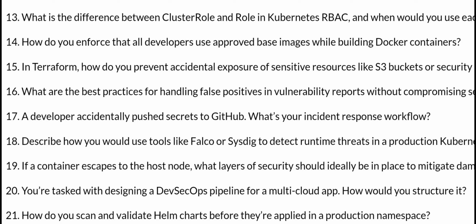Okay, you are tasked with designing a DevSecOps pipeline for a multi-cloud app. How would you structure this? Okay, it is a very real-time question, so you should be able to answer that. As an experienced person, they will definitely expect these kinds of architecture level design questions also. Personally, I have designed DevSecOps workflow architecture for different projects as per client requirements. And coming to the answer,